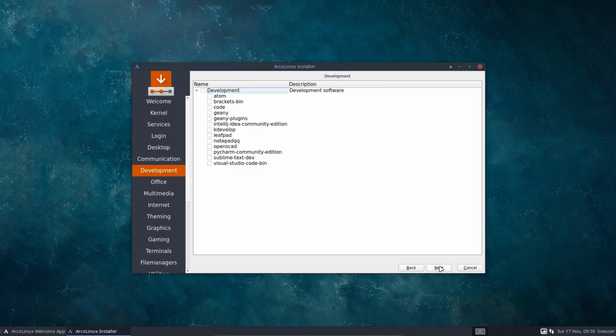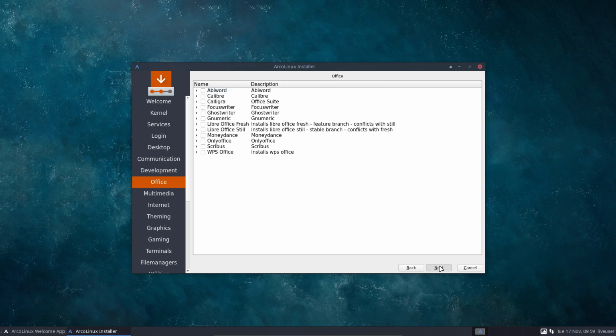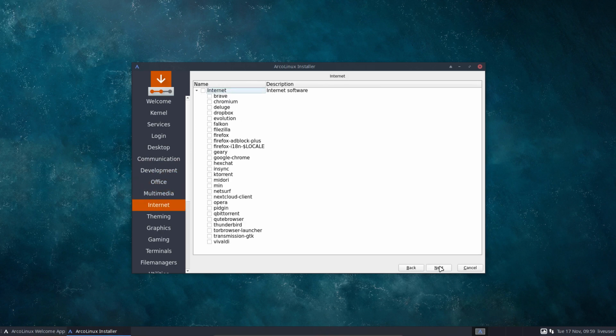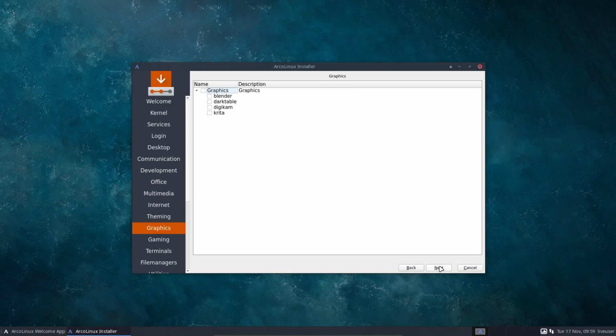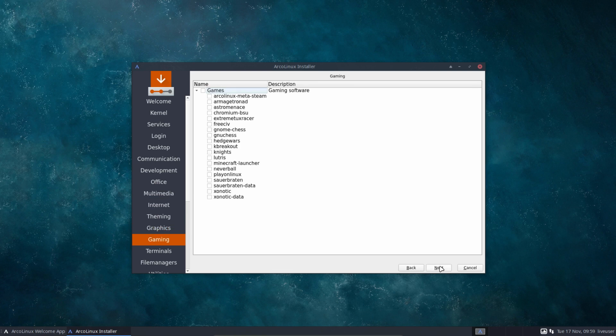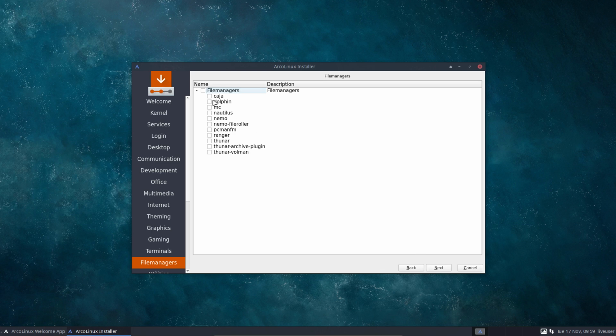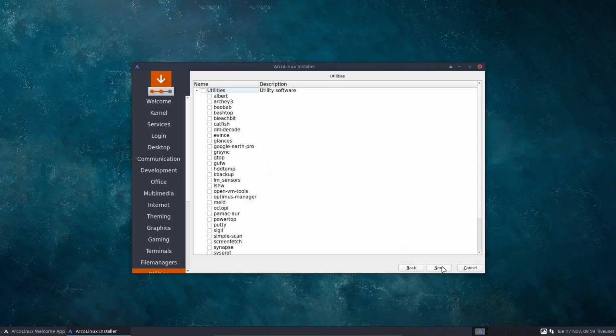Next, and all the rest is up to you if you want to install it or not. Is there something in the list that you say, oh, I need this, right? Just a click away. But remember, if you do this, for example, maybe too much, all the file managers you can possibly have,